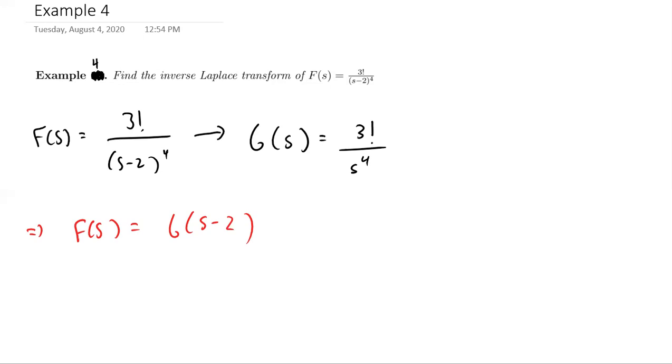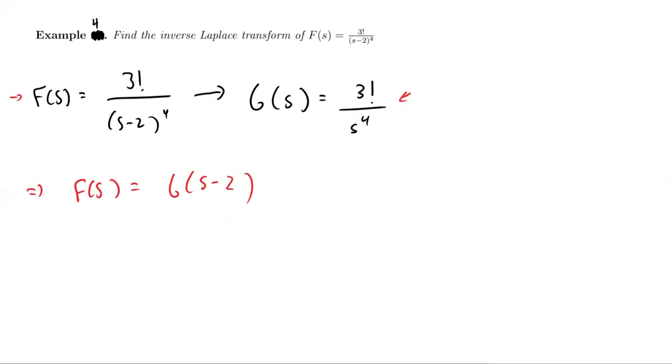And again, all I did was this analysis. F of s is given by this, and it is very similar to this unshifted function. And then we can just identify explicitly what is the shift. F of s is g shifted 2 units to the right. So now, by definition, the Laplace inverse of F of s is equal to the Laplace inverse of g shifted 2 units to the right,